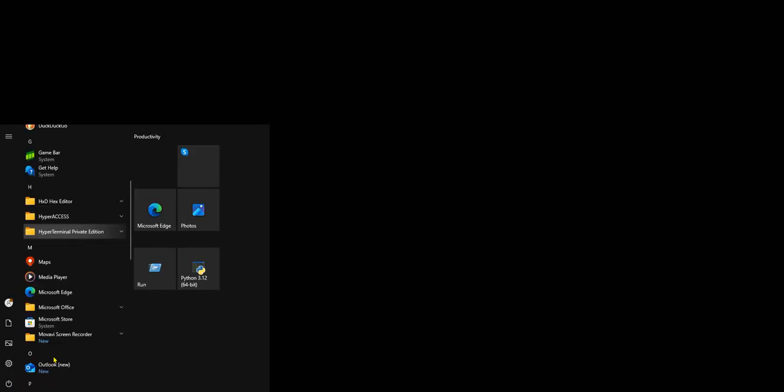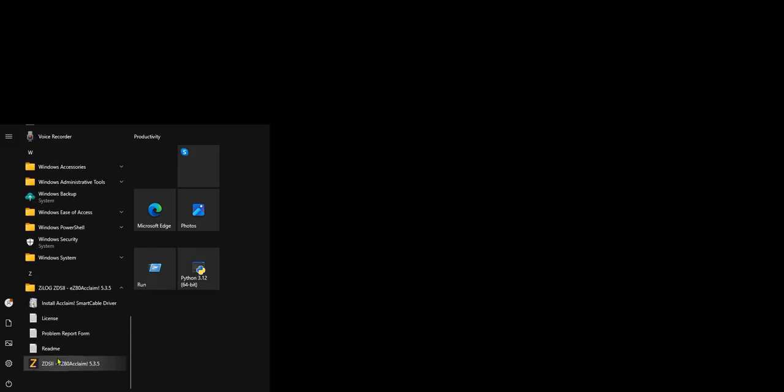In the previous videos we covered downloading and installing Zilog's Development System. That probably not only placed an icon on your desktop, but one here on your Start Programs menu: ZDS II, eZ80 Acclaim. 5.3.5 was the version that I had downloaded and installed. So if we go ahead and launch that,